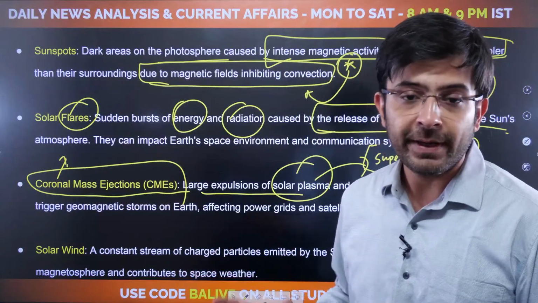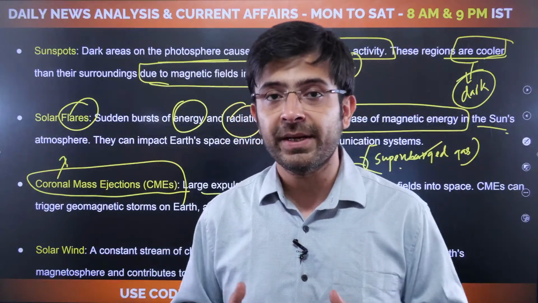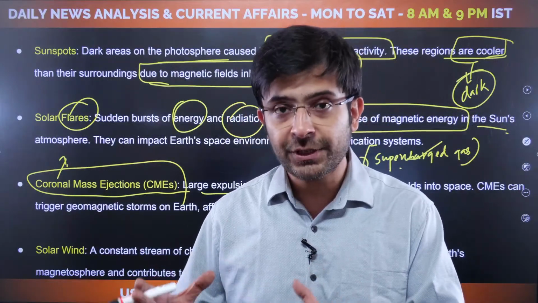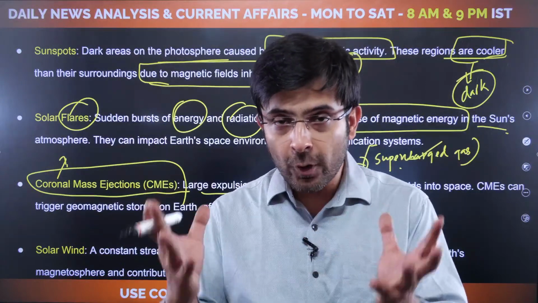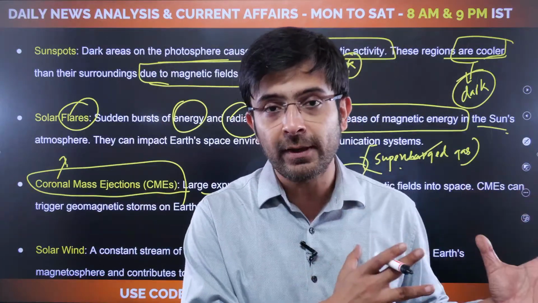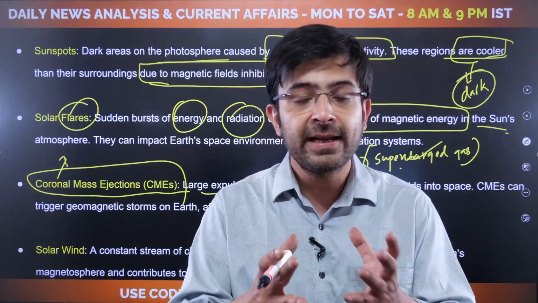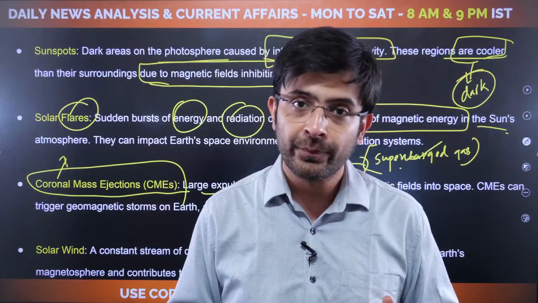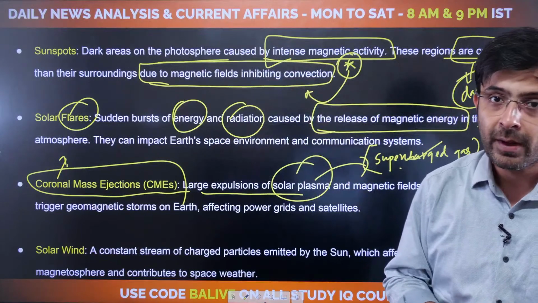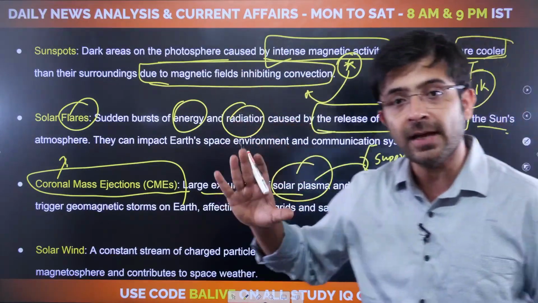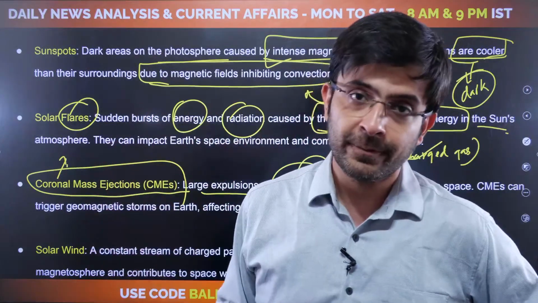Why exactly is this happening? Have you considered? The sun is going through all of these processes. Why exactly is it happening? Because essentially, every celestial body seeks to achieve stability. And the sun again is a violent ball of fire going through all these nuclear processes. Essentially, it seeks to achieve stability. For that, it will undertake whatever maneuverings it has to do. If it has to release solar flares, it will do that. Why is this being done? Because eventually the sun is a star, and the life of a star sees these processes.